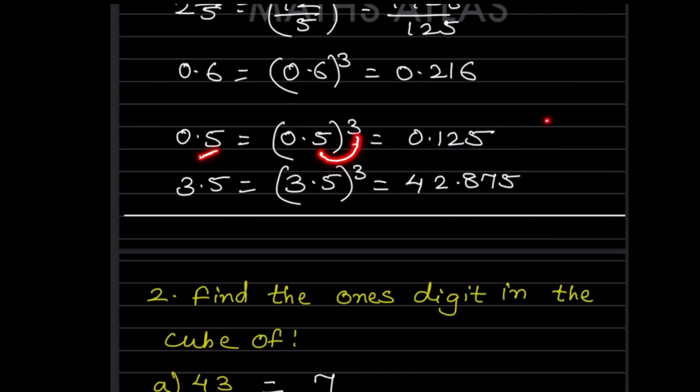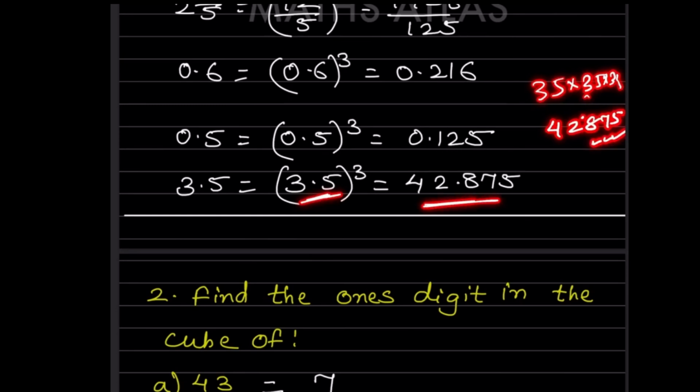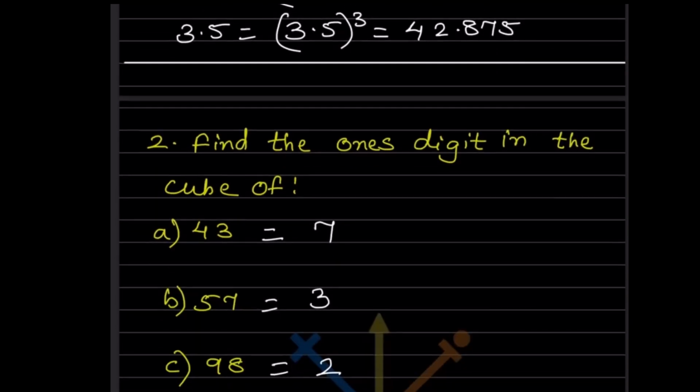Same here, first you will look at this number, not the decimal. 5 cube is going to be 5 into 5 into 5, that is 125. Since it is cube, if it was square you would have gone 2 numbers back, but now 1, 2, 3, and then you will put a decimal over here. Now again first you will not look at the decimal, you will multiply 35 into 35 into 35. So you get 42875. Since it is cube, you will go backwards 3 numbers and then put a decimal. So that is 42.875.